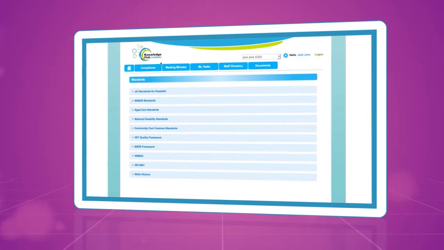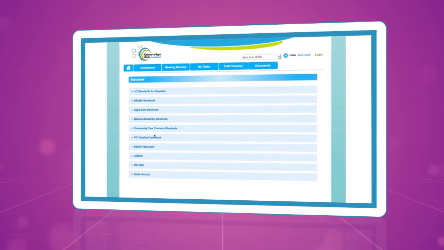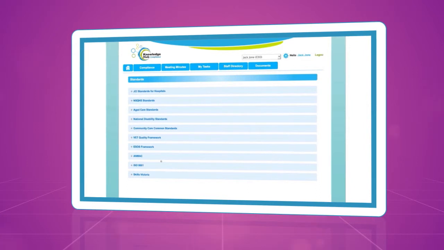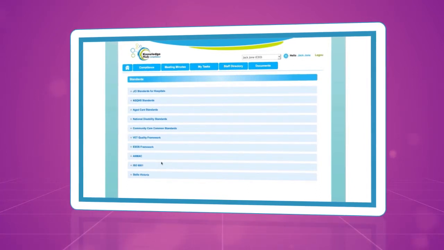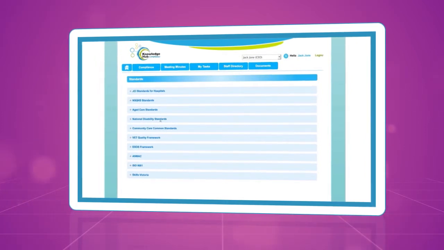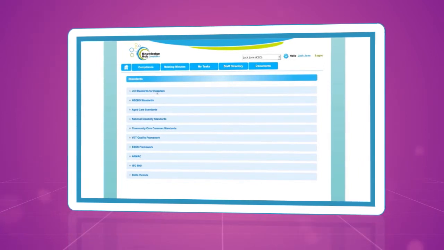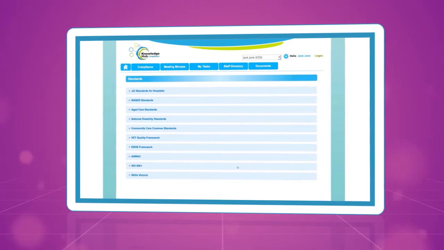The first module is basically the compliance section, whereby we have added quite a few standards here, and we can incorporate any standard, even funding contracts, also nursing board standards, the VET quality framework, which is for RTOs, and national disability standards, and this is the hospital standard for Joint Commission International, which is the international hospital standard. So every standard can be built into the system,